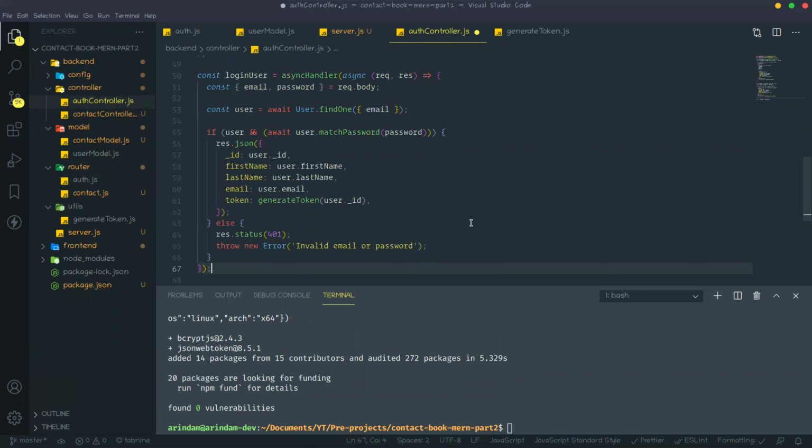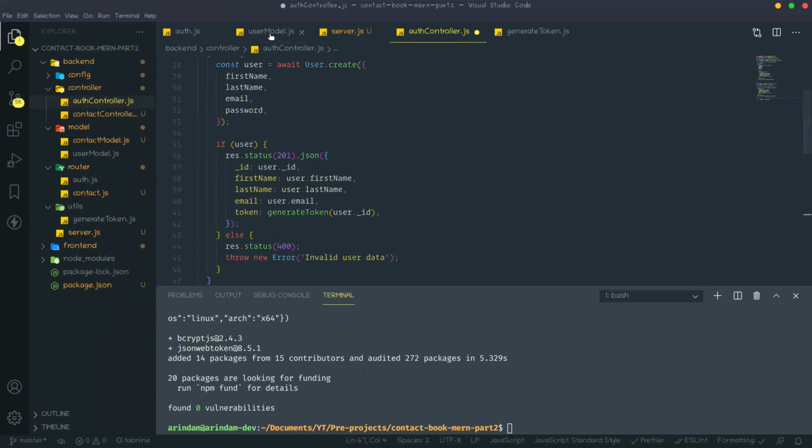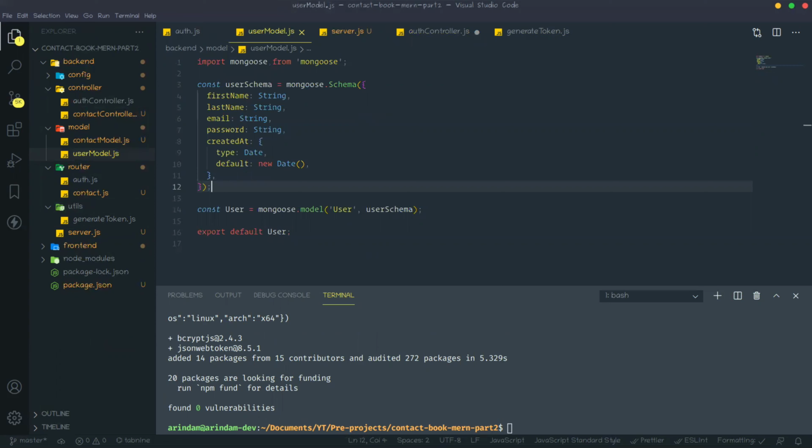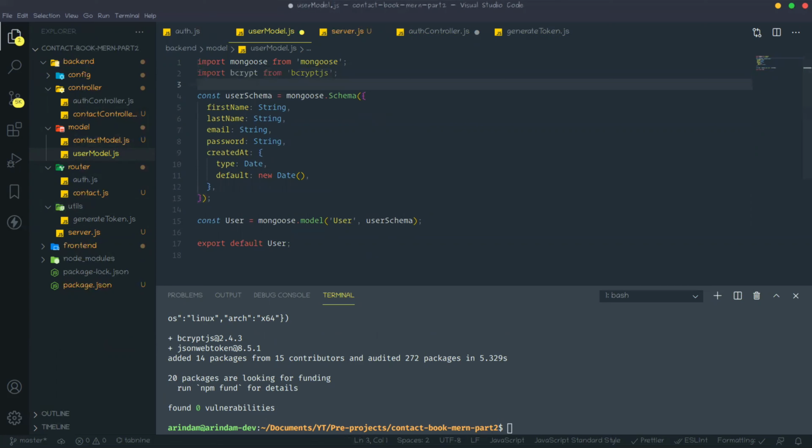So go to the user model. In that user model we need to hash that password, right? So how to hash that? First we need to import bcrypt.